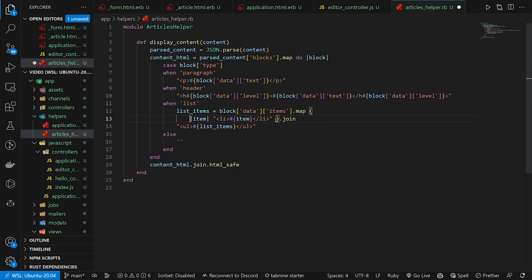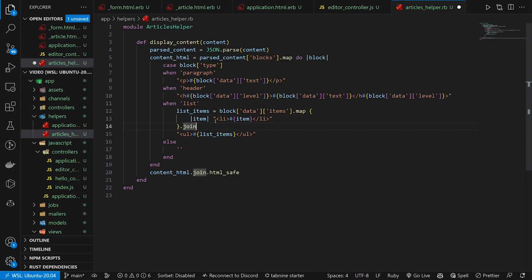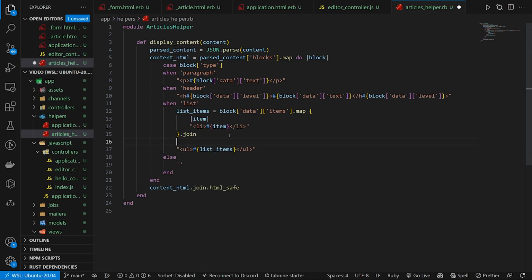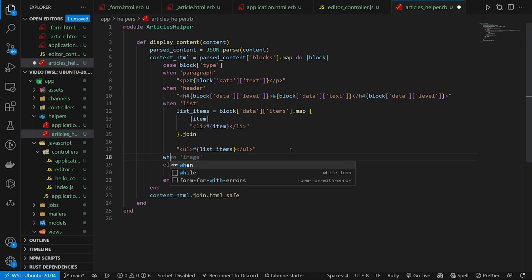And then we say for each of these items, we want to do an li for the item inside of it. And then we want to join all of this. After all of that's done, we want to create a UL with all of these list items inside of it. Simple enough. Now for the last one, which is the code block, we can say, all right, when it's a